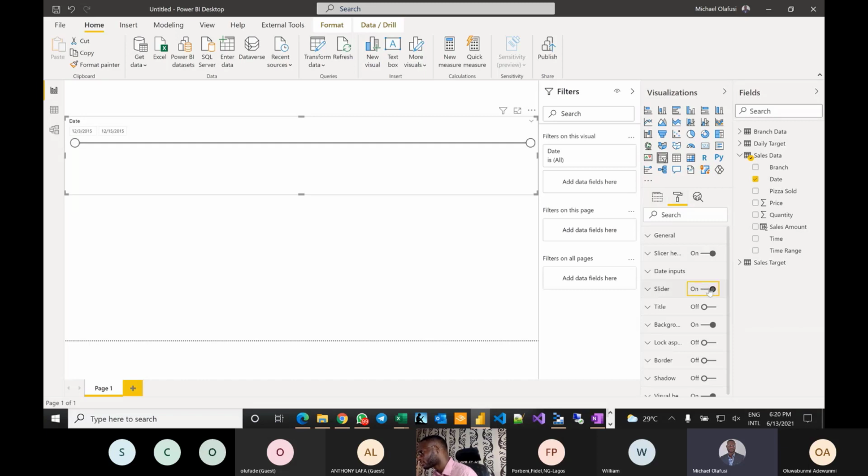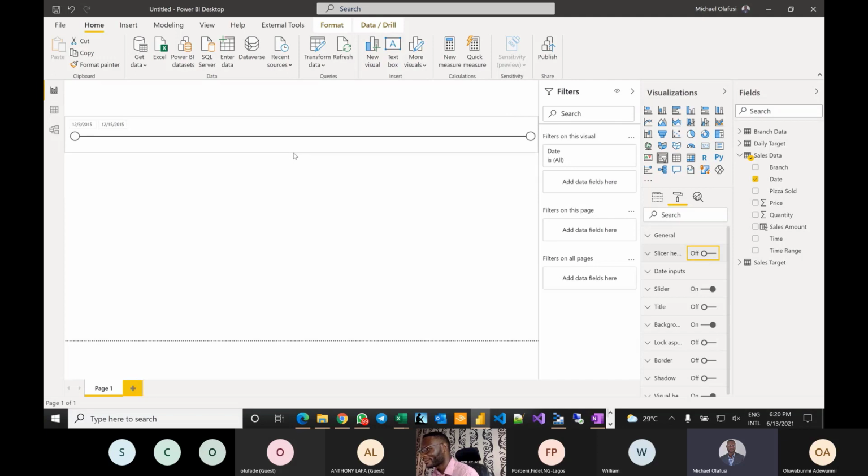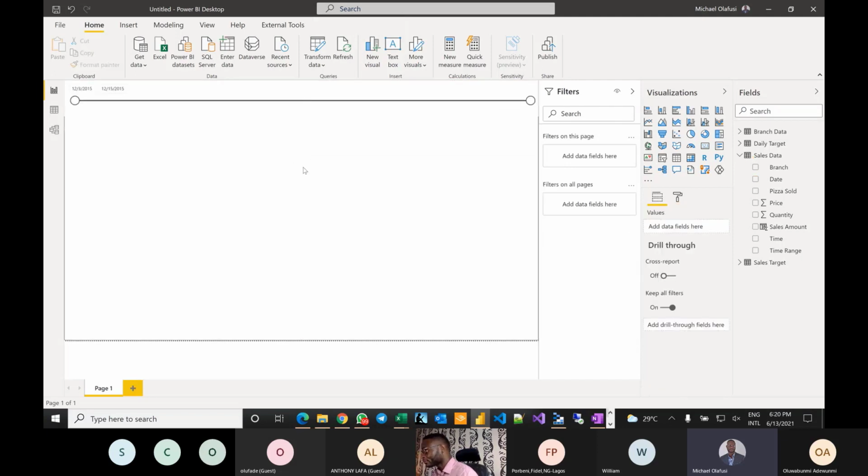Oh, I turned off the wrong thing. I turned off the slider. It's the slicer header I wanted to turn off, because I was looking at where the line is. Okay, good. And I want to show transactions by, tabular